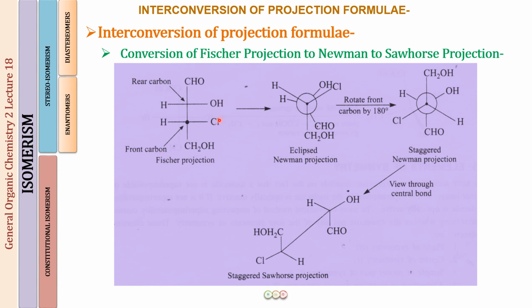Okay, so when we are going to do that, this means that all the groups for the rear carbon are going to be hiding behind the front groups. So first of all, we will be drawing the groups for the front carbon. When we draw that, you can see that the CH2OH is below a line, the H is on my left side, the Cl is on my right side. So I draw three lines at an angle of 120 degrees, so that one of the groups is vertical looking at me, exactly the same way. Fine. So you have the CH2OH group below, the H on the left side, the Cl on the right side.